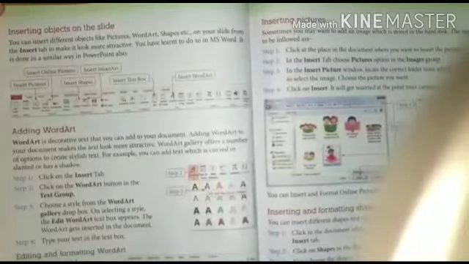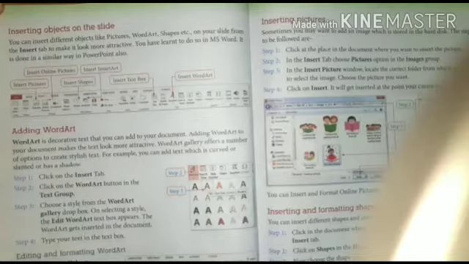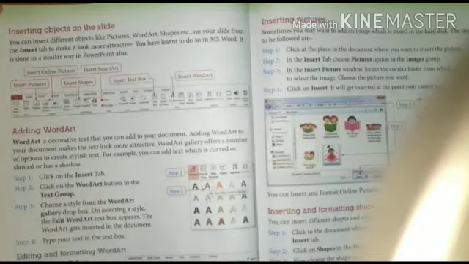Inserting picture. Sometimes you may want to add an image which is stored in the hard disk. We have to add pictures to the slide which are in our hard disk. For that we will see these steps. Click the place in the document where you want to insert the picture.